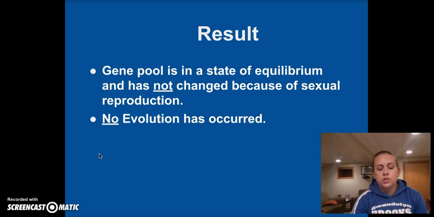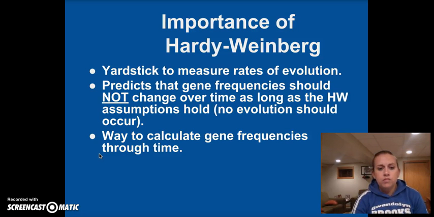And so what this showed us with this flower population is that the gene pool is in a state of equilibrium. It has not changed because of sexual reproduction, so no evolution has occurred here. Now, Hardy-Weinberg is important because it's a yardstick that's used to measure rates of evolution. And so Hardy-Weinberg actually predicts that gene frequency should not change over time as long as the Hardy-Weinberg assumptions hold. Okay, so it says no evolution should occur. And we can use Hardy-Weinberg to calculate gene frequencies through time. Now, if we've run this a couple times and we see that gene frequencies are changing, then we know that